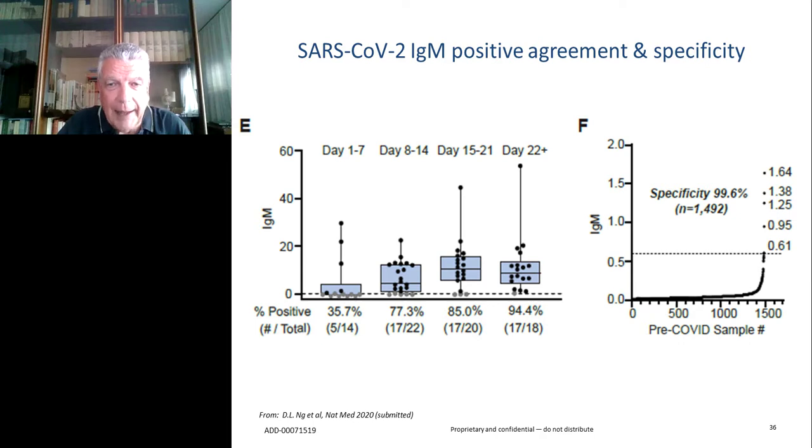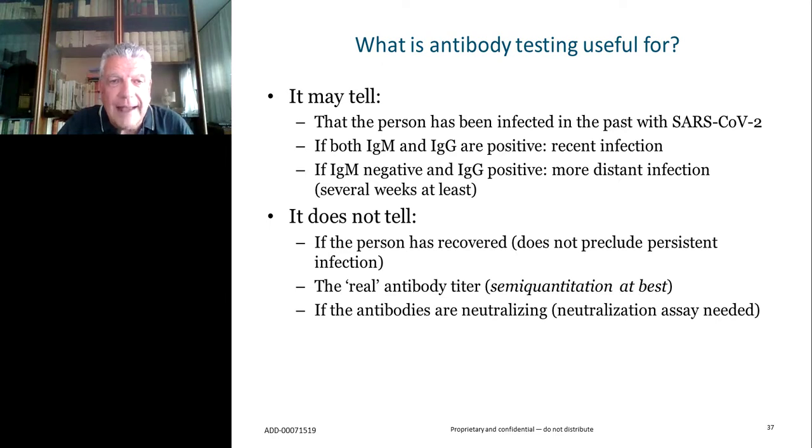But here again, we do have some data to show that the prototype assay from Abbott for IgM to SARS-CoV-2 that was used in this paper did show a very good specificity as well, I would say at the same level as the IgG assay we have seen before. And again, you see a good distribution and very few samples around the threshold. So this is promising, in the sense of what we have seen before, that is combining testing separately for IgG and IgM. Then, if you wish, what is antibody testing useful for in general?